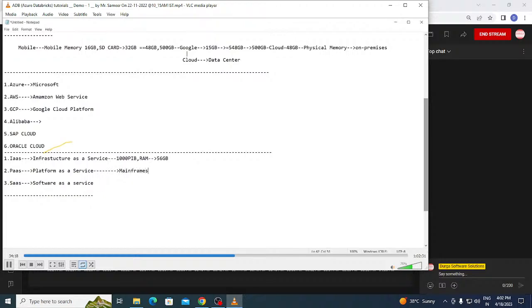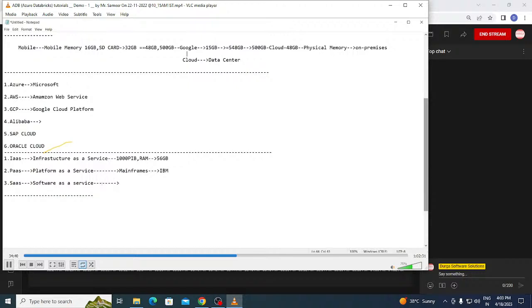Mainframes. Mainframes is an operating system from IBM. So you need not buy the license of this. You need not worry about the operating system. Simply you need to inform your cloud provider, Azure, that you require the mainframes operating system. He will take care of it.